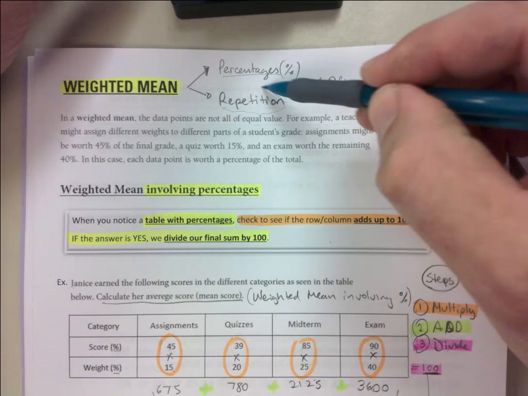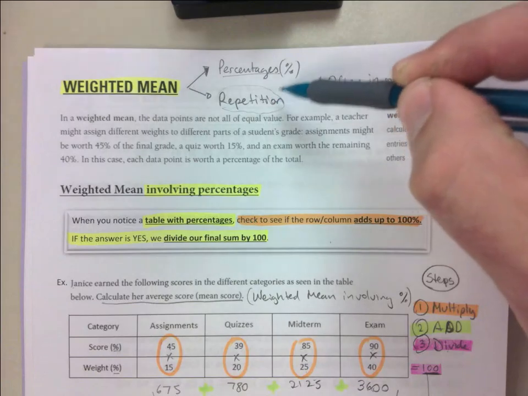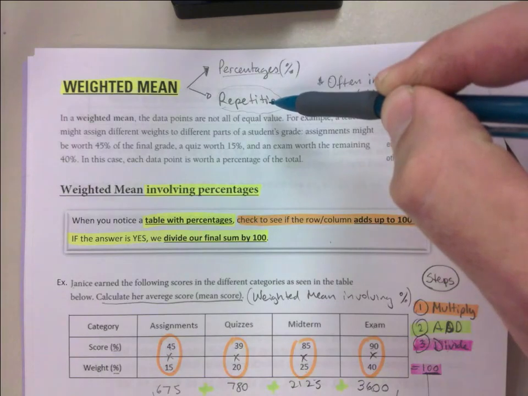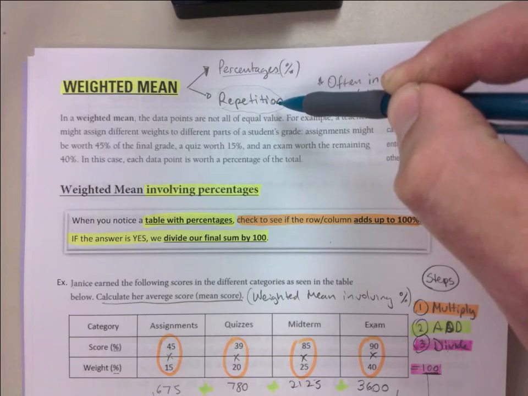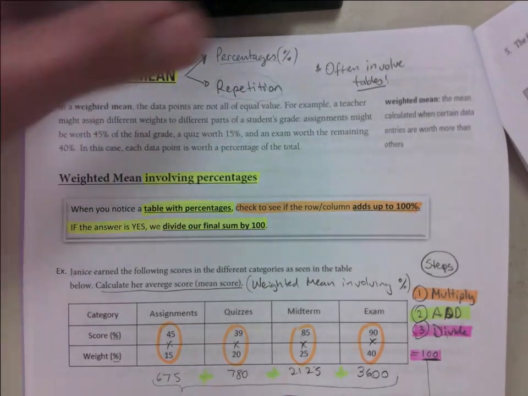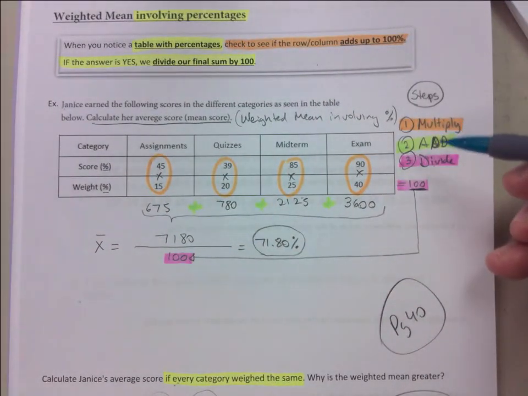Next up is going to be repetition. Listen carefully to this part. With something that doesn't have percentages, it's going to be a little trickier to figure out what to divide by. But you guys are smart, so I'm not too worried about it. There's going to be a little bit of new stuff in there. But what I want you to have on your study sheet, I'm going to add this today, when you see that it's weighted mean,